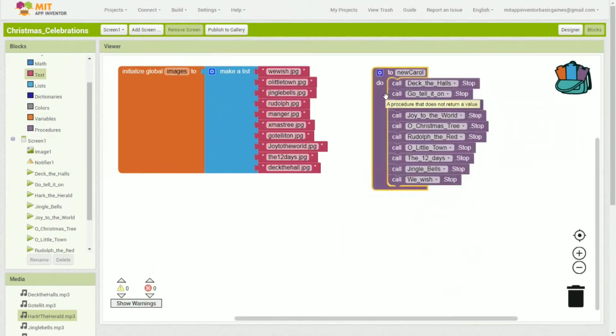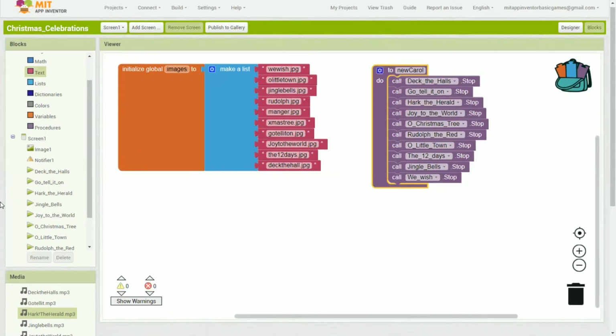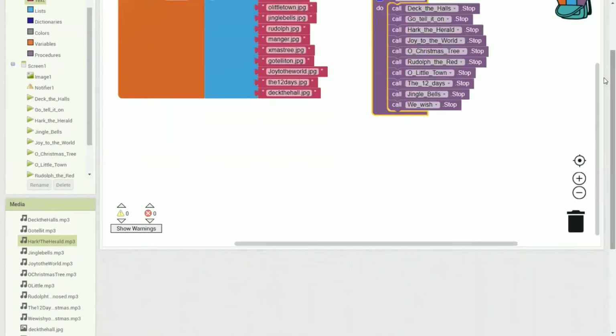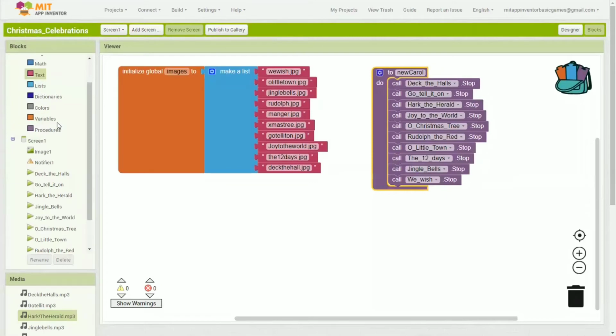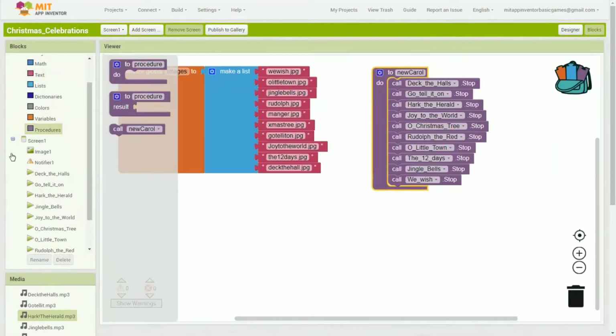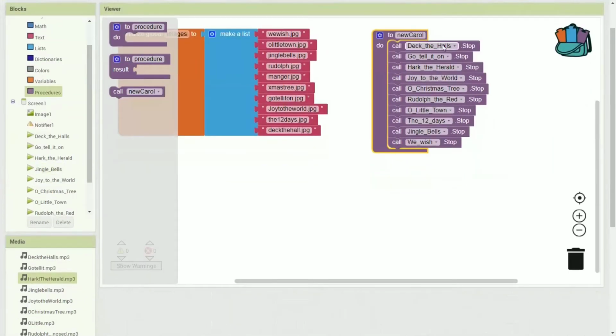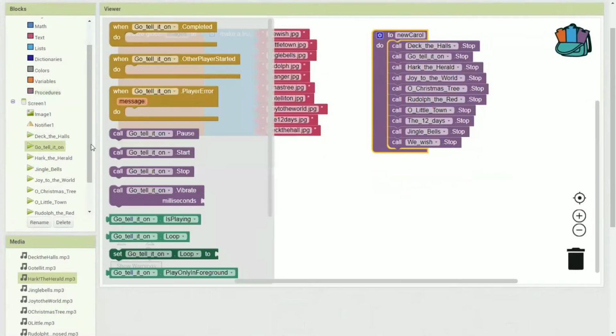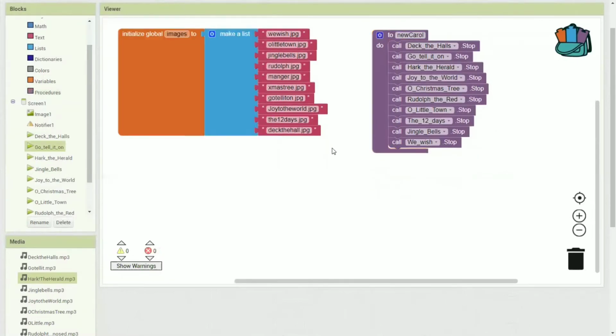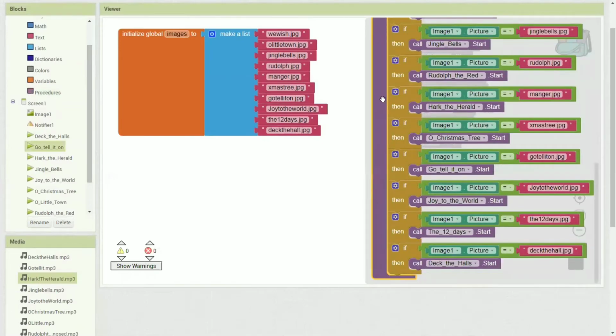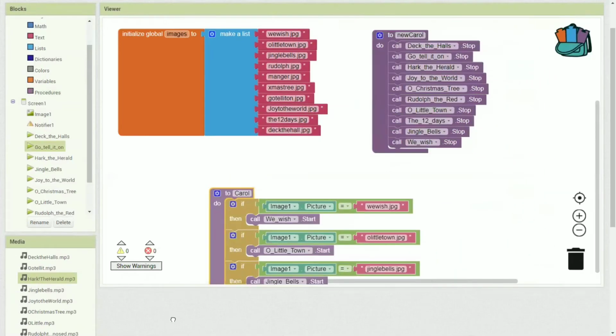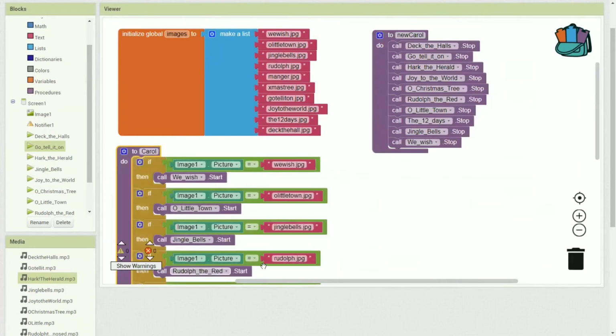For the new carol, what's going to happen is all the players are going to stop once and for all. Stopping in the sense that the player will stop and the new player will begin. This procedure block you'll get over here, the first one, and this is the call Deck the Halls stop. Just click on a random one and take this one, and then you can duplicate or copy and paste it. For the third one just take this one, the second thing. So this is to carol.